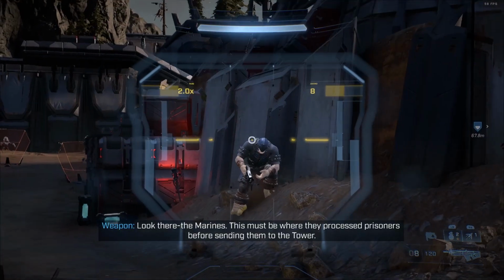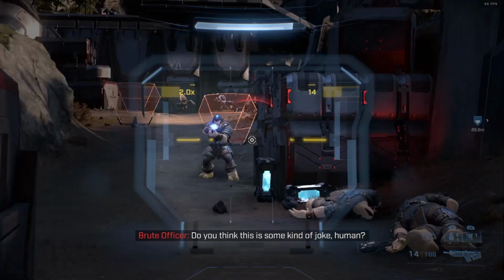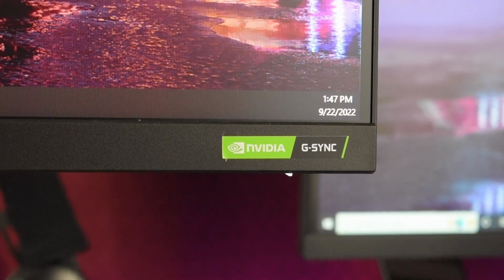I did notice a tiny bit of motion blur in one or two areas, but honestly, those were probably areas where the FPS took a dive because my graphics card couldn't keep up, and probably had very little to do with the monitor itself. It's also worth noting, again, that the monitor has G-Sync, so anybody who's using an NVIDIA graphics card is going to benefit. If you don't know what G-Sync is, basically it lines up your graphics card with the monitor. So every time your graphics card produces a frame, your monitor is going to refresh the screen to match it, rather than them generating and showing frames at different paces,